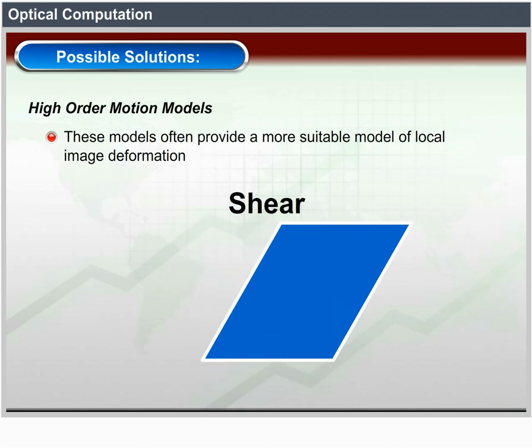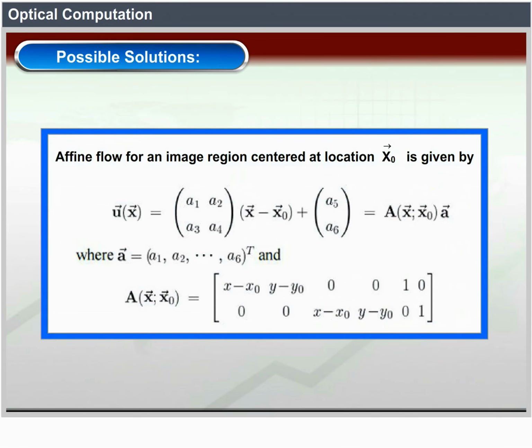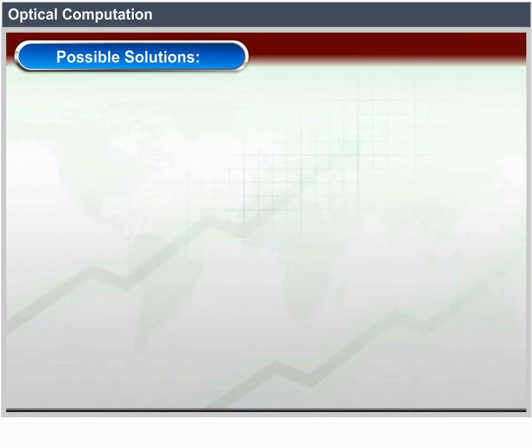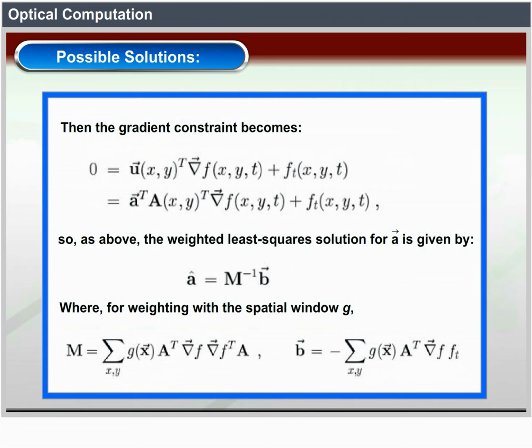Affine flow for an image region centered at location x0 vector is given by, where a vector equals a1, a2, up to a6, to the power of t, and then the gradient constraint becomes. So as above, the weighted least squares solution for a vector is given by a vector equals M to the power minus 1 b vector, where for weighting with the spatial window G, we get the equations: